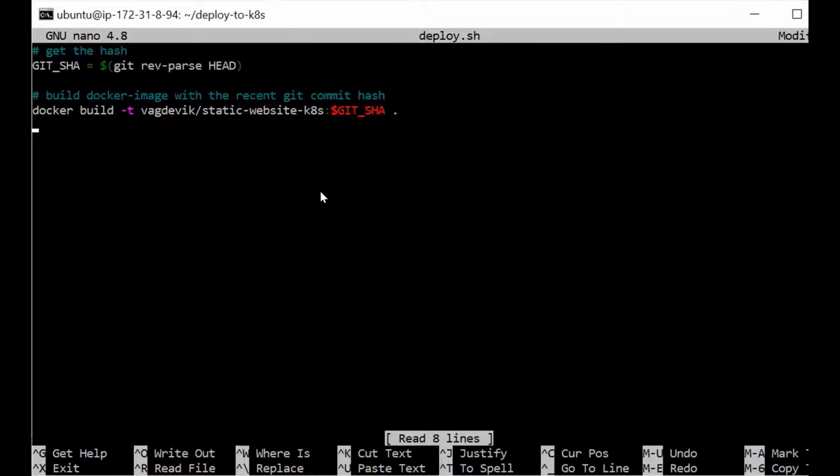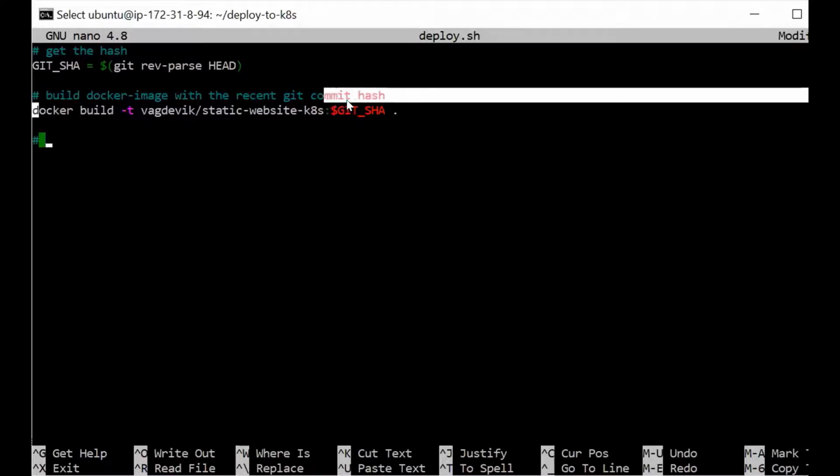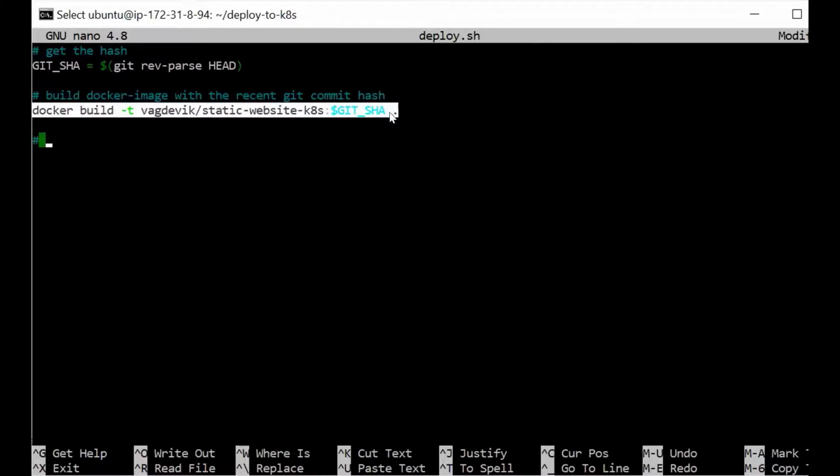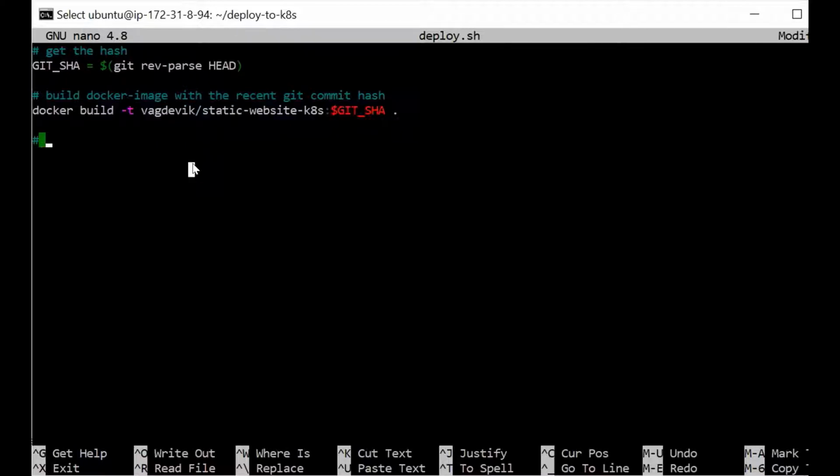Okay, and hash. So this command will be used to build the image of the current change updated application, right? So after building this, we also need to push that onto Docker Hub. So push the image onto Docker Hub. So the command is docker push, the same thing.